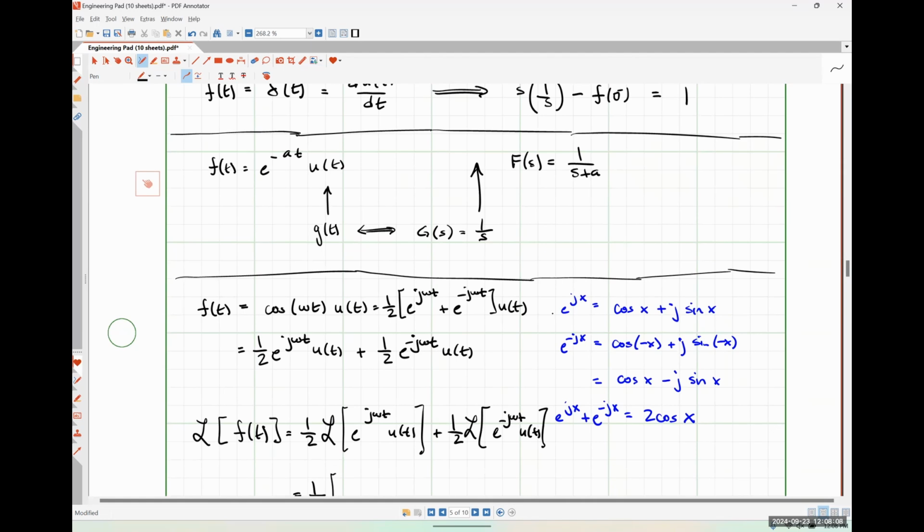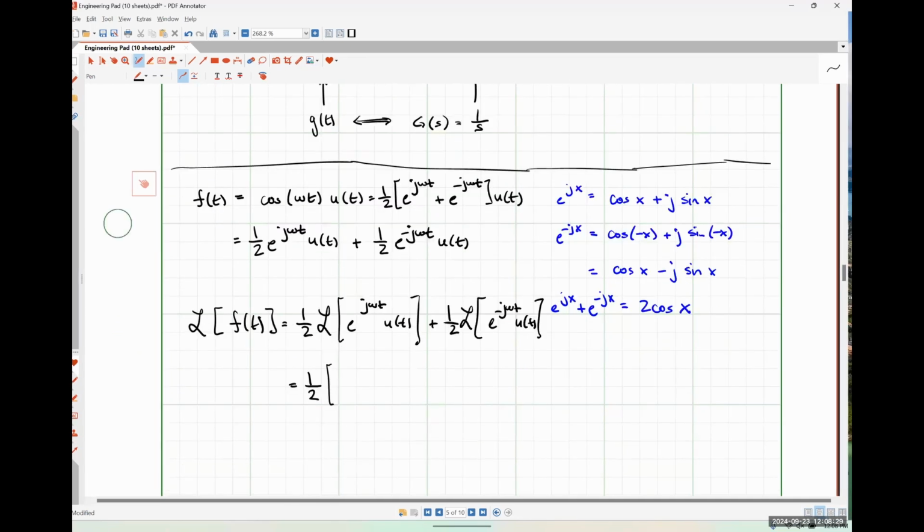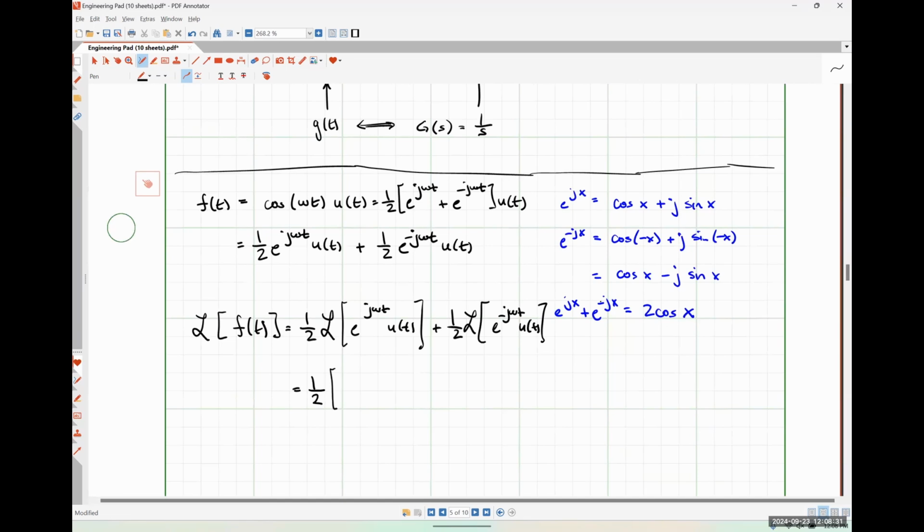If we have e to the negative at has a Laplace transform of 1 over s plus a, then e to the positive at would have a Laplace transform of 1 over s minus a. Absolutely correct. So that should look like 1 over s minus j omega. Thank you for that. You're absolutely correct. So 1 over s minus j omega